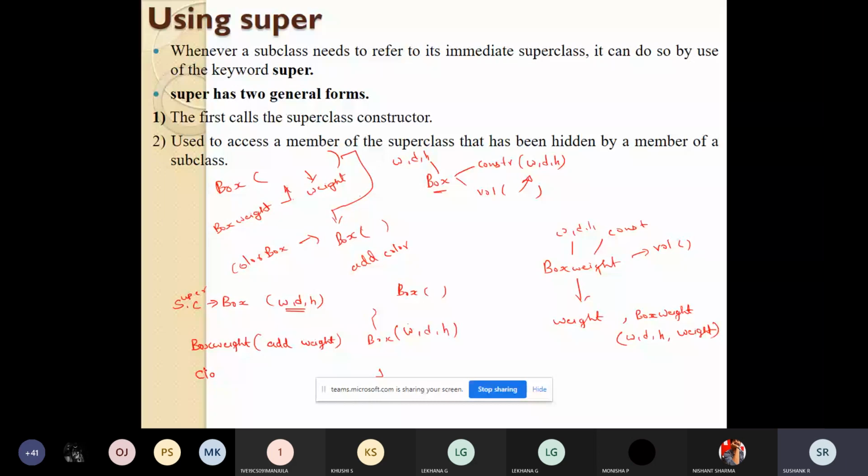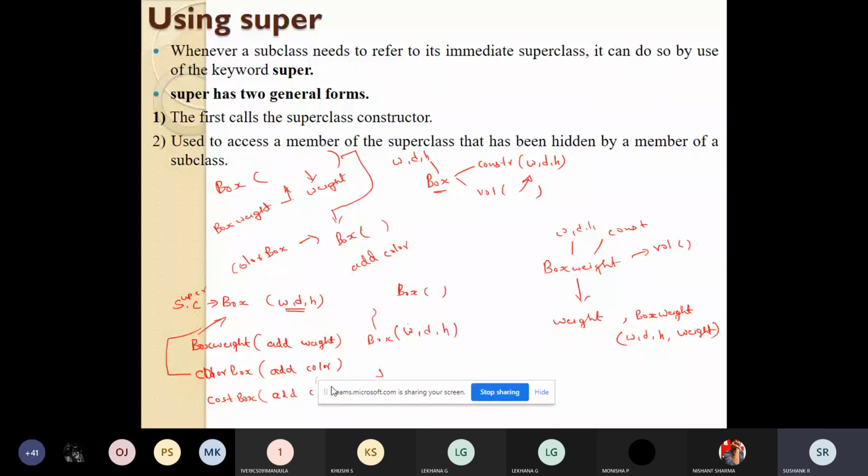I can create a class called color box, which will refer to the superclass called box. All the members width, height, and depth can be taken from the box class, and I can add one more feature called color. Similarly, I can create a class called cost box, where the parameters width, depth, height I take from the box class and I add cost to that.